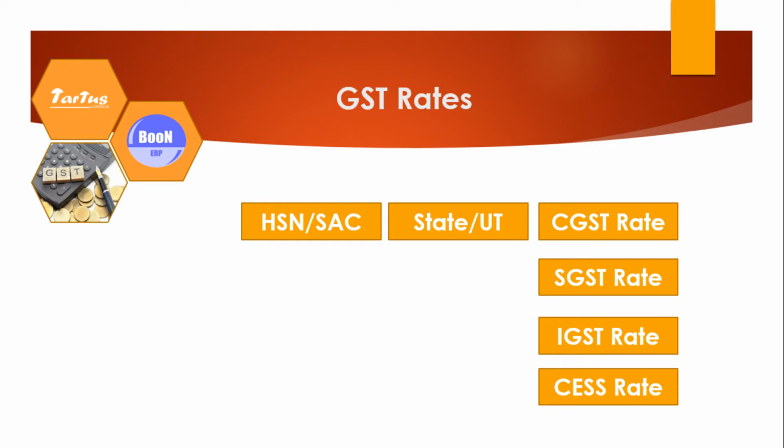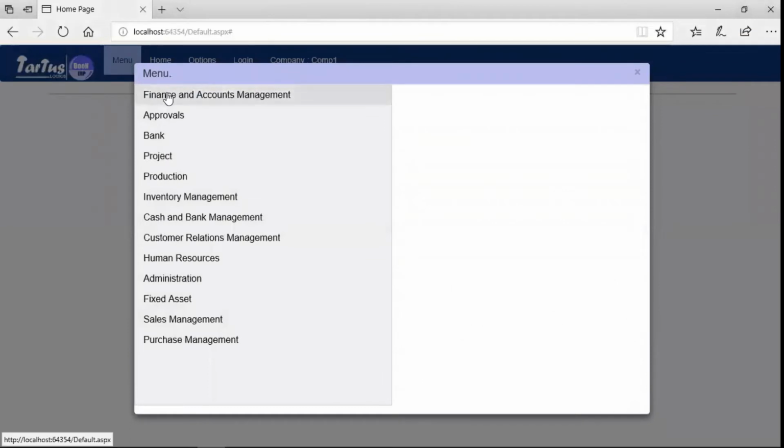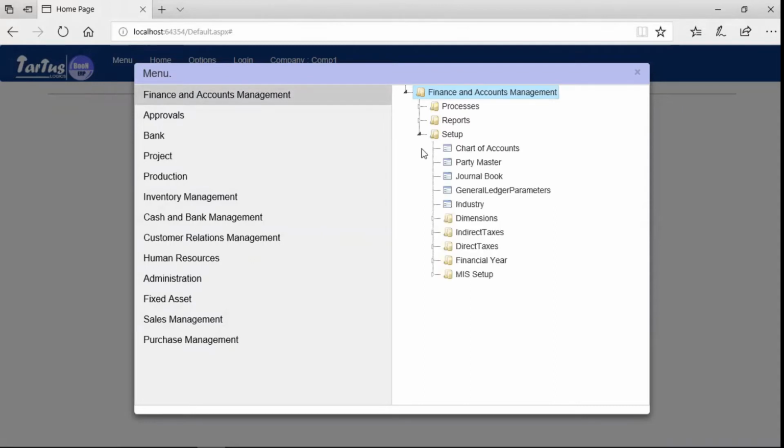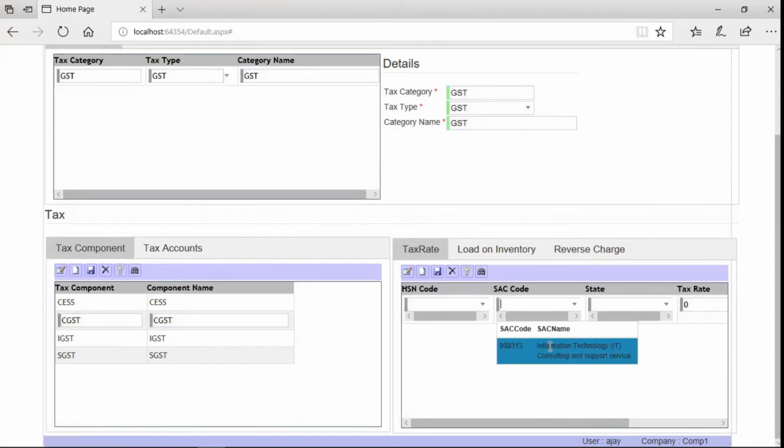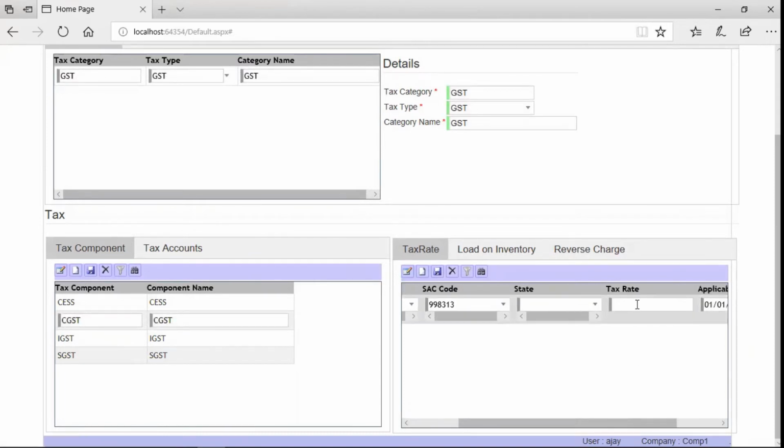We define the rates of components such as CGST rate, SGST rate, IGST rate, cess rate. To define GST rate, let us navigate to Finance and Accounts Management, Setup, Indirect Taxes, Indirect Tax Setup. Select the tax component, add or edit HSN or SAC code and define the rate and set the applicable date.